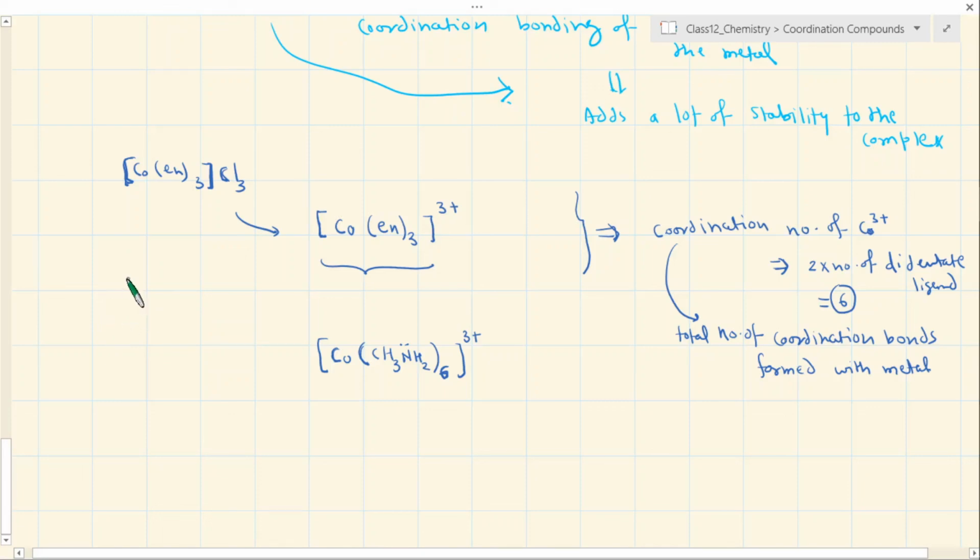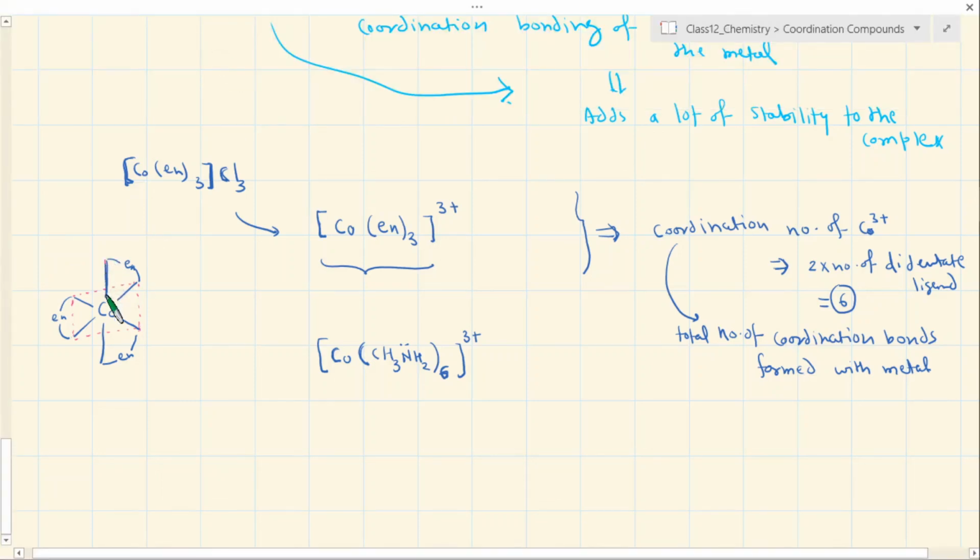Just to give you the feel, this will again come back in your isomerism. Cobalt will lead to octahedral geometry, where ethylene diamine is now connected in an octahedral geometry with cobalt. So I can attach one En in between, let's say, these 2 bonds. I can attach one En like this one, and one En like this one. Are you able to visualize that there is an octahedral geometry? The bonds are represented by blue line.